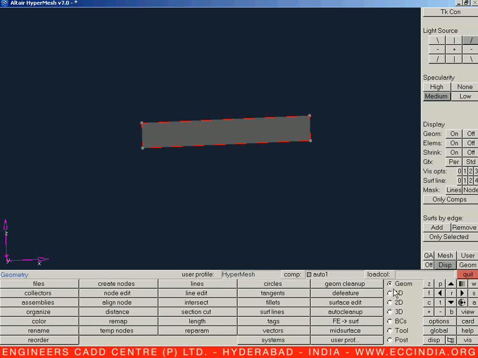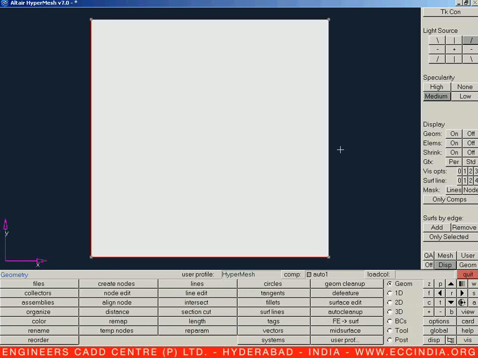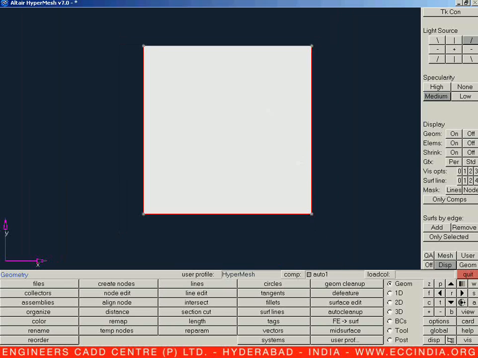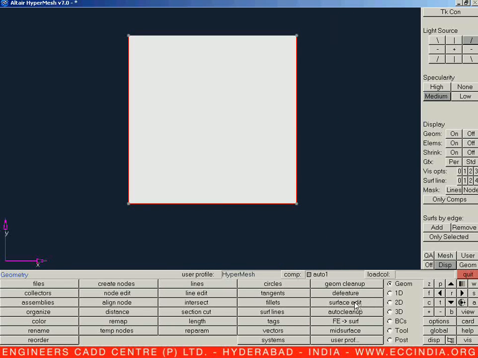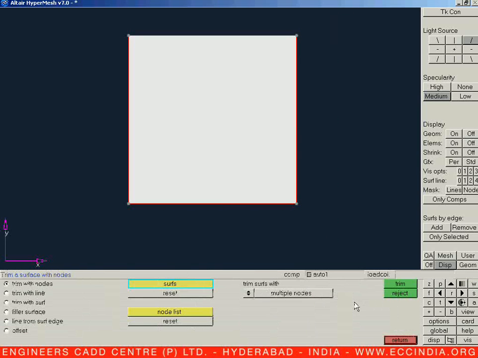So let us come to the geometry page itself. On the geometry page, we have one option in the last column, third row, edit surface or surface edit. So whatever surface we already have, we need to edit it. So this is our area or a surface. Now we need to edit this particular surface. So let us say surface edit.